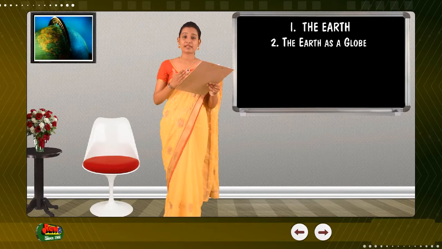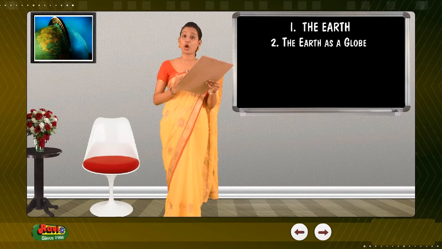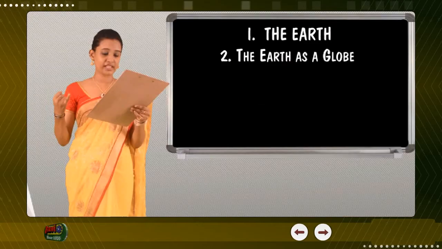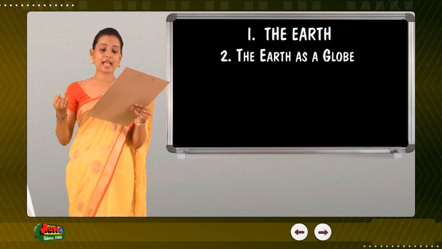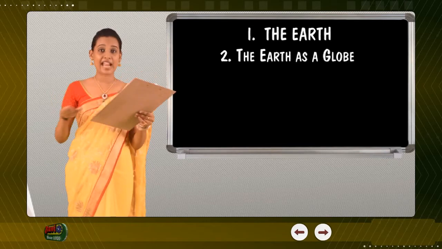The most accurate world map is a globe. A globe is a three-dimensional scale model of Earth. A globe can represent surface features, directions, and distances more accurately than a flat map.